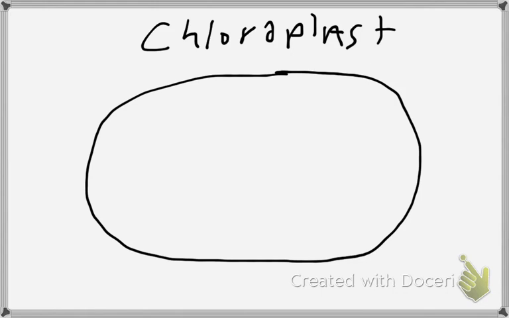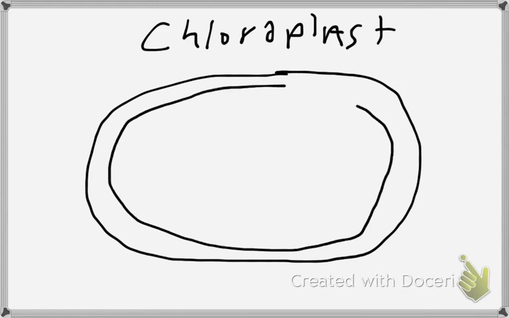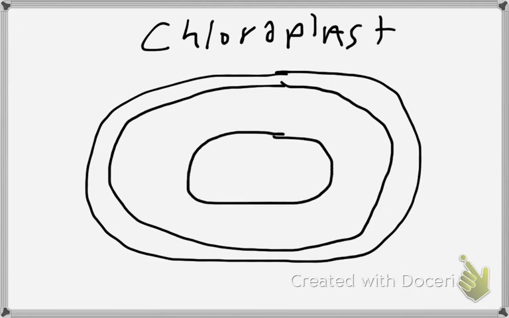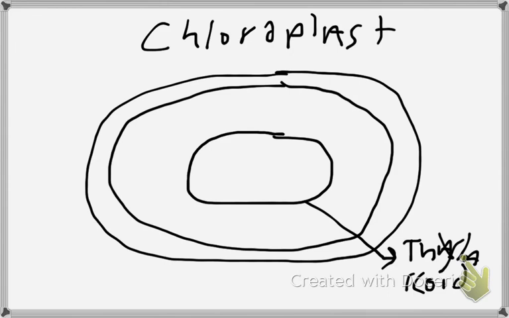That chloroplast, just like the mitochondria, has two membranes: an outer chloroplast membrane and an inner chloroplast membrane. And inside that chloroplast is another compartment. That compartment is called the thylakoid. Okay, it's in this little compartment that some of the